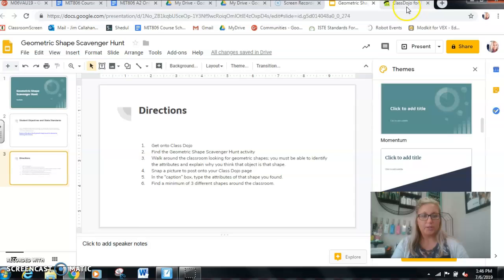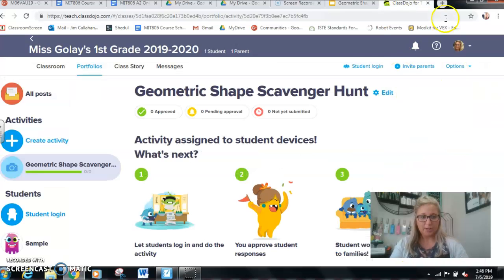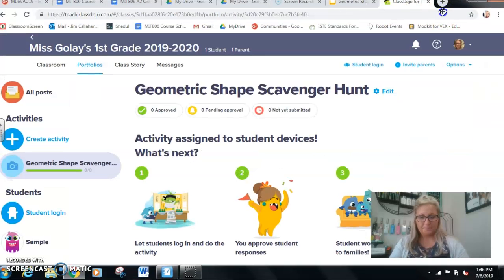So going on to the ClassDojo page, this is the teacher side. Unfortunately, I wasn't able to show you the student side,